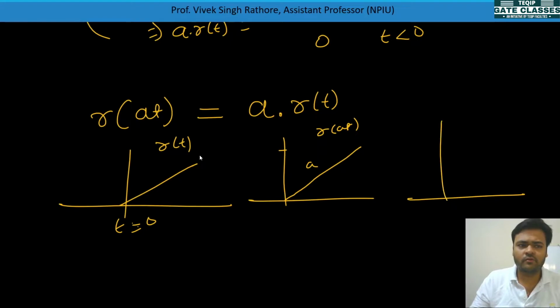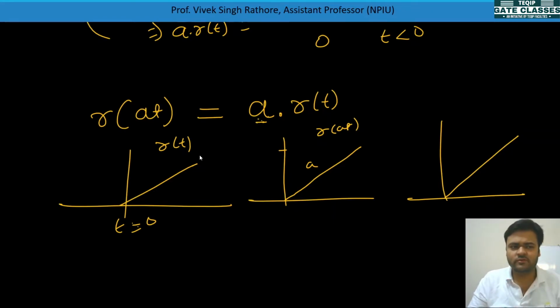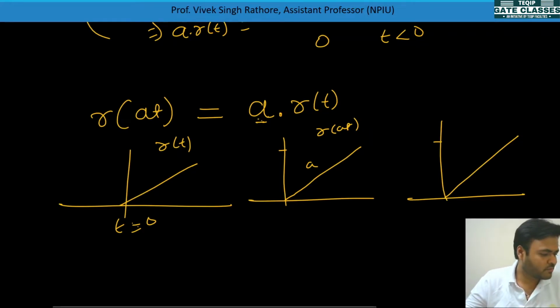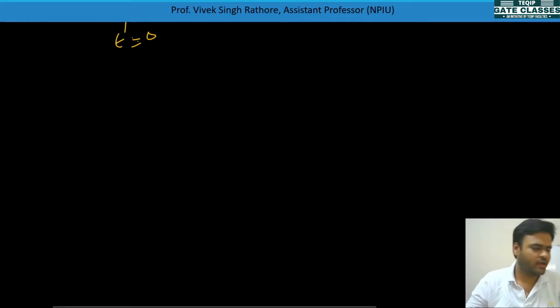And when we do magnitude scaling of r(t), meaning a into r(t), what you need to do, basically, is change the slope only. Change of slope will be in front of r(t). So here also change of slope is there. So ultimately what you have concluded is that magnitude scaling of a ramp signal and time scaling are always the same. But where you will find a difference, let's see.